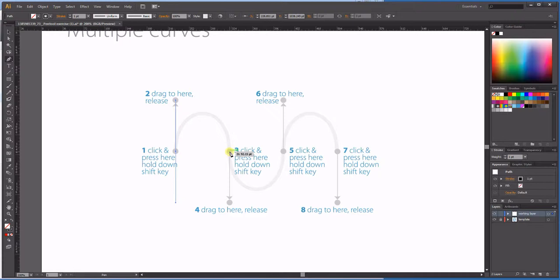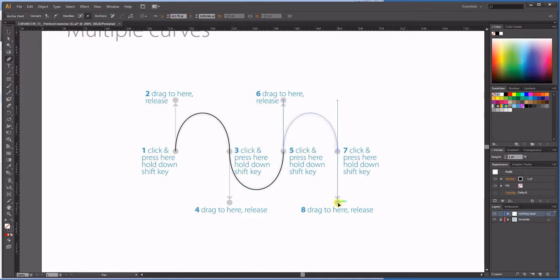Then I'm going to click on number 3 here and hold it, hold down the Shift key, drag it to here, and let go. And then we're going to go to 5. I'm going to click up to here and let go. And then 7 to 8. This one is all click and drag, click and drag, click and drag. And then what I'm going to do,